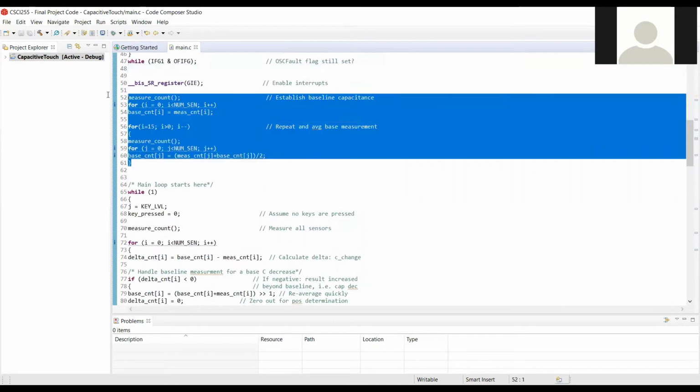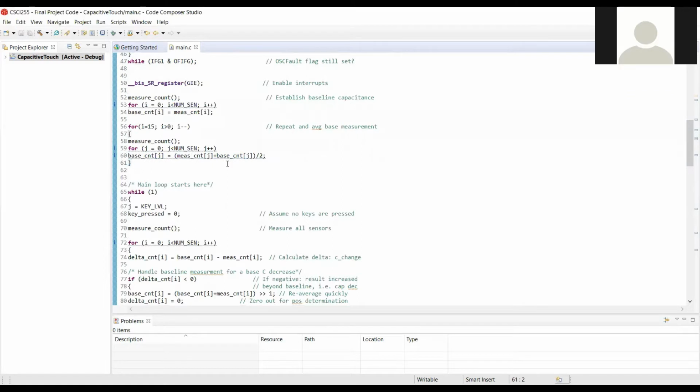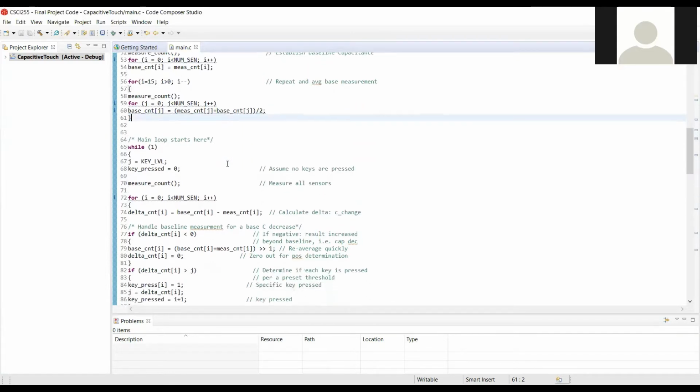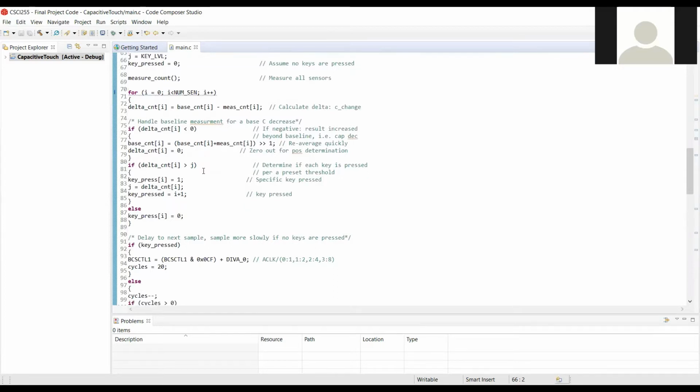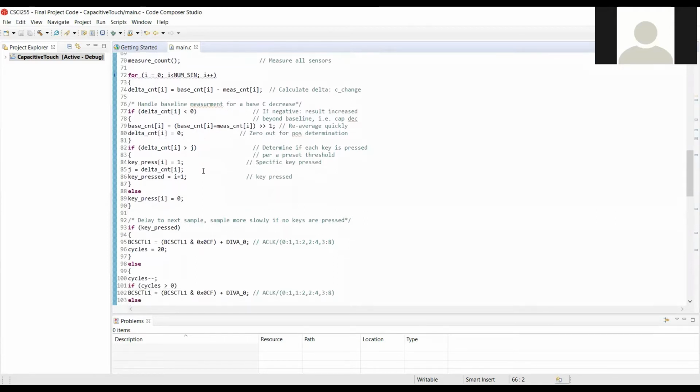Right here where we do this measure count, that basically takes samples of each of the input pins and then takes an average of those for a baseline measurement of the capacitance. And then down here is where the main loop actually begins. What this does is it essentially waits for an interrupt to happen. By pressing the button, you increment a counter, and once it hits a certain threshold, that registers as a button